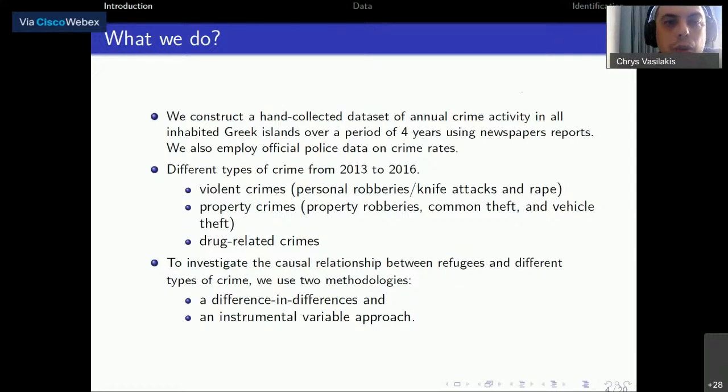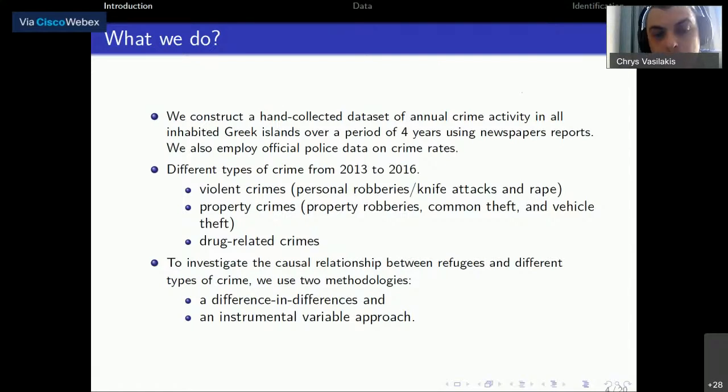So what we are doing, we are constructing hand-collected data on annual crime activity for all the Greek inhabited islands over the 4 years, using newspaper reports, and also we use official police data on crime rates as robustness. We collect data for crime for 2013 to 2016. We include violent crimes like personal robberies, knife attacks, rapes. We have also protests. We have property crimes like property robberies, common theft or breaking and entering, and also drug-related